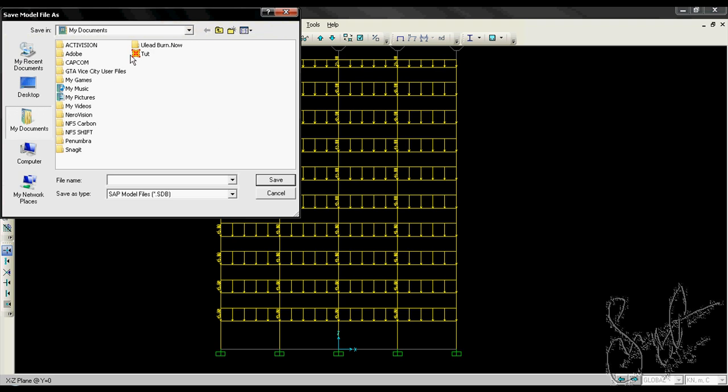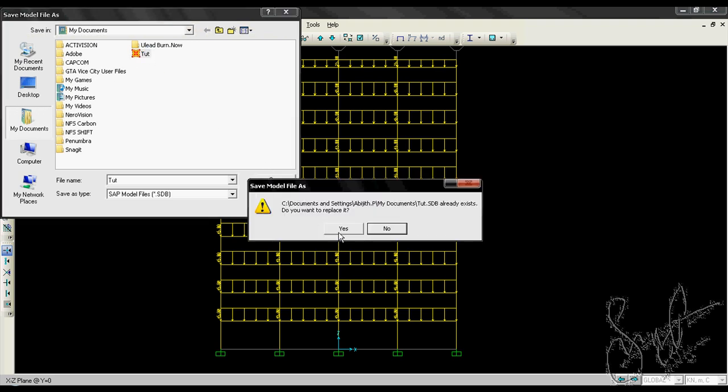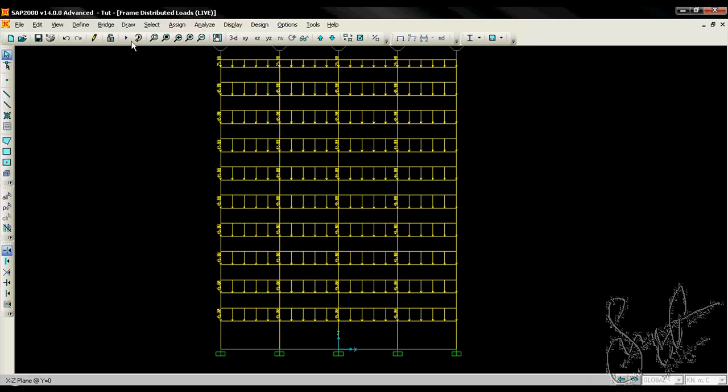Make sure the units are newtons, and we will give a higher value, 45 kilonewton per meter, and save the model. Now the modeling part is over. Our part is over. The rest will be done by SAP, and for that we have to click a button, the play button, or the analysis button, or else you can press the F5 key on the keyboard to run